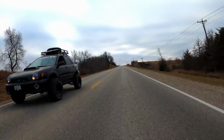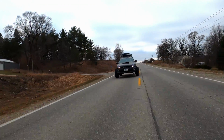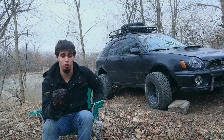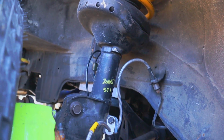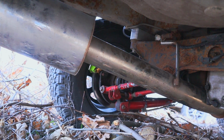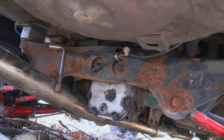Got an STI 6-speed transmission in it. A whole 2006 STI transmission swap, had about 80,000 miles on it, along with 06 STI aluminum control arms. I've got all steel braided brake lines, heavy duty ball joints, new inner and outer tie rods, new bushings all the way around,